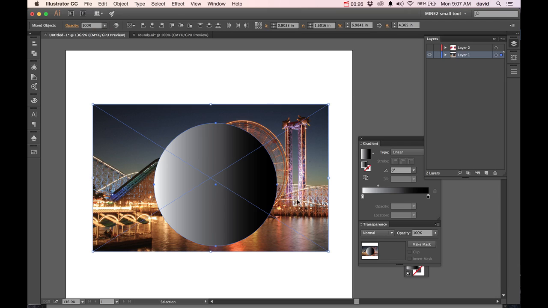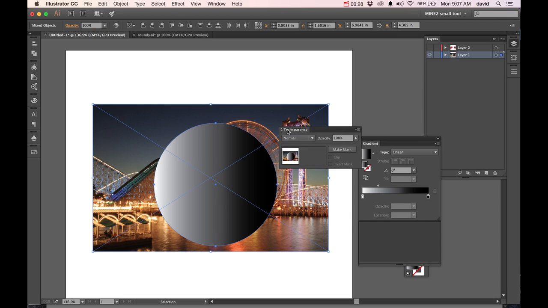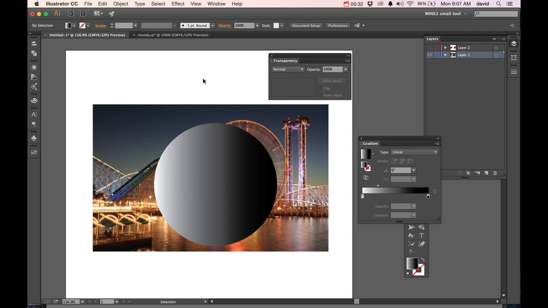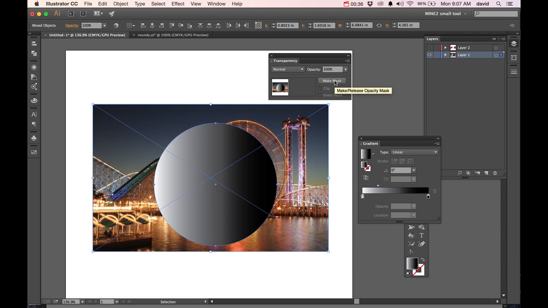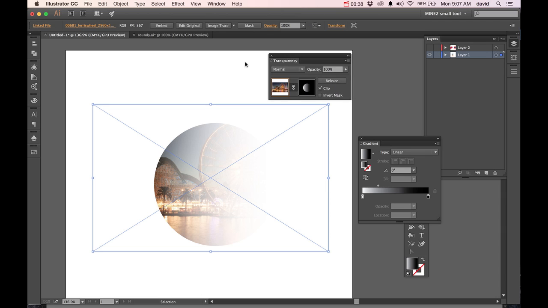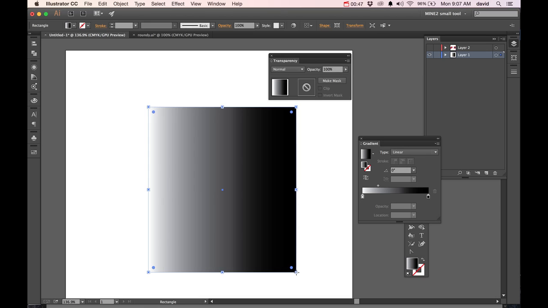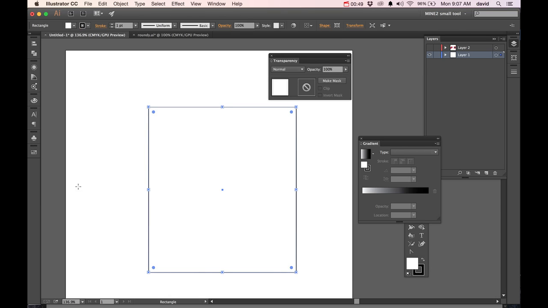You select your two objects, and inside the transparency panel, which is right here, you can see I have a whole bunch of blending modes, which we've explored with, but you see where it says Make Mask. Well, now I want to go ahead and click on that, and you can see it made a mask, and where it was black, it became transparent, and where it was more white, it's more solid. So to demonstrate that, we are just going to,